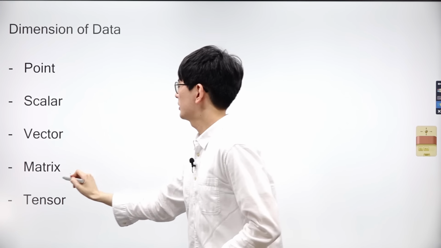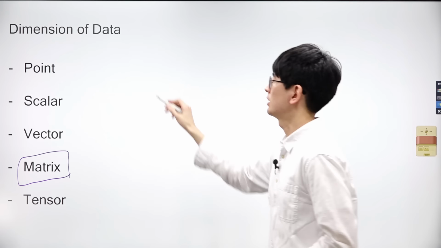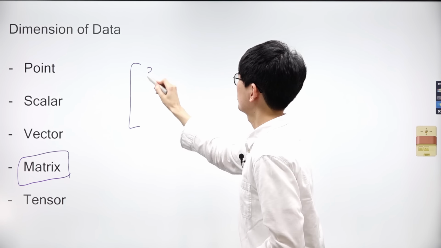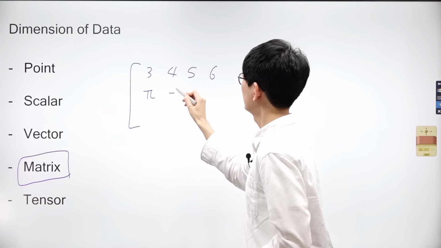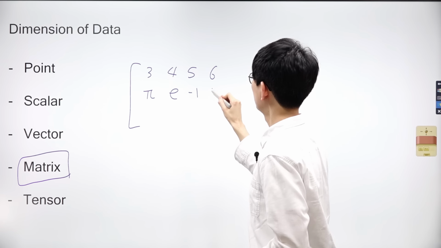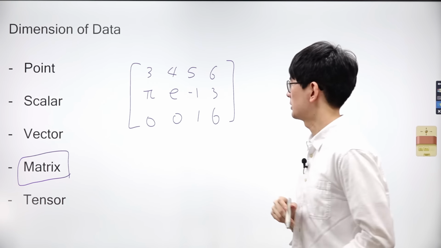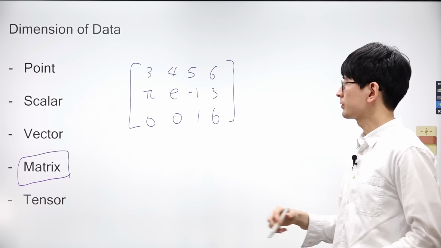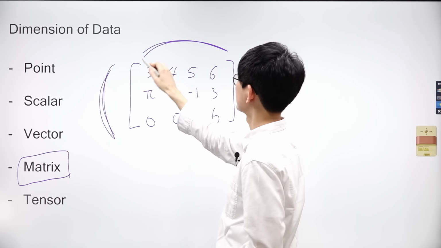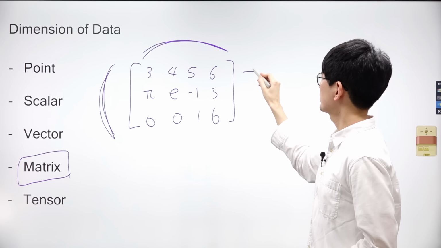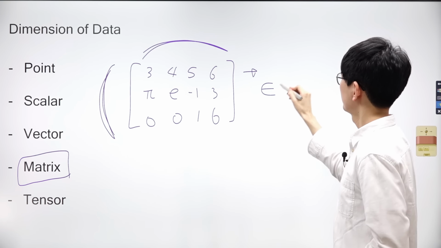Let's talk about matrices. As introduced earlier, the dimension of a matrix is one higher than that of a vector. I will write a new matrix on the board. It contains 3 vectors written horizontally. Inside the matrix, we have a couple of pieces of information to consider. The matrix is composed of 3 vectors, and each vector is a vector of 4 scalars. And this is how we represent this matrix.